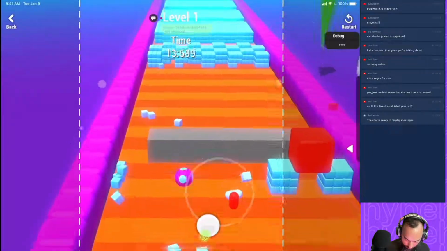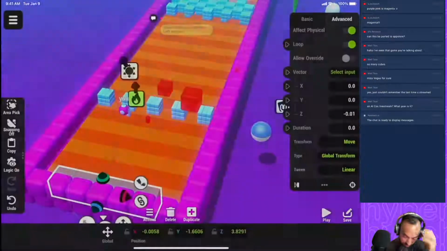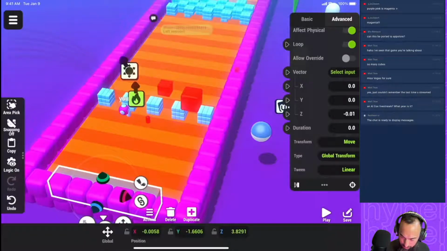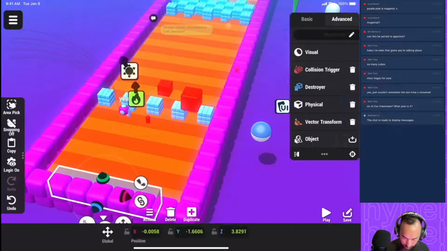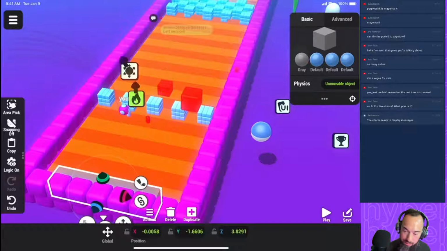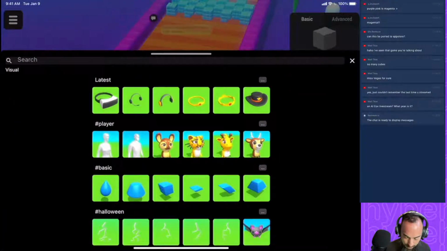Okay, look at that. So it's working, that's great. Let's go ahead and change the object itself by going here, selecting basic, selecting the object, and where would we,